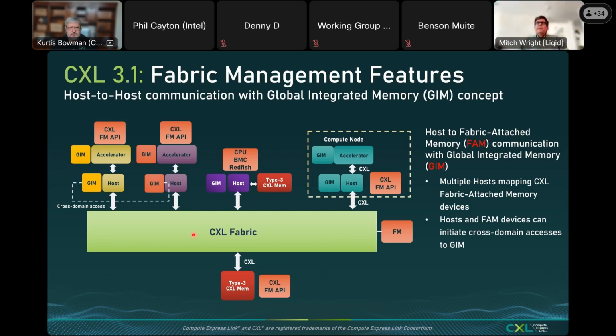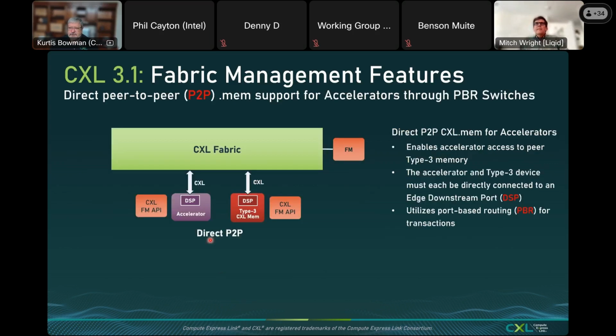So in a CXL fabric. Do we have any other final questions? We're running a little bit early. Okay. Let's see here. Yeah, if there's not another question, just one thing I was going to highlight